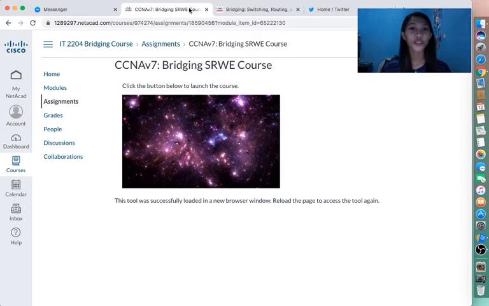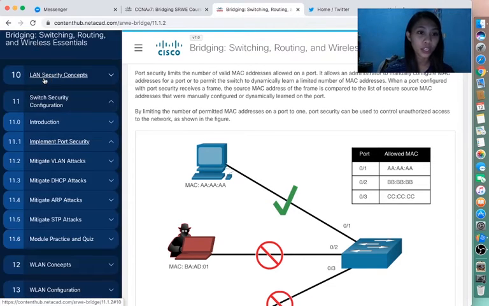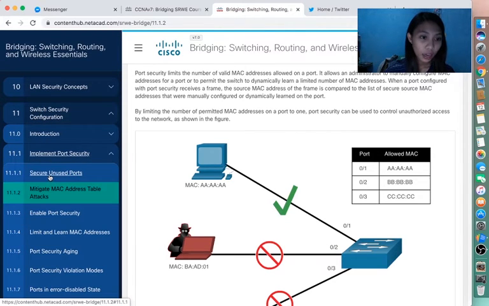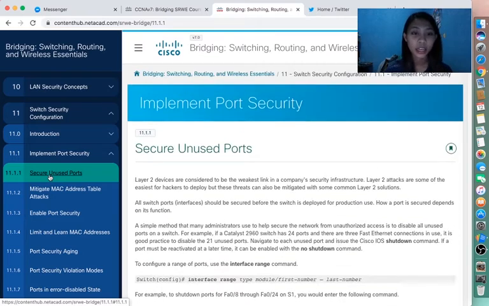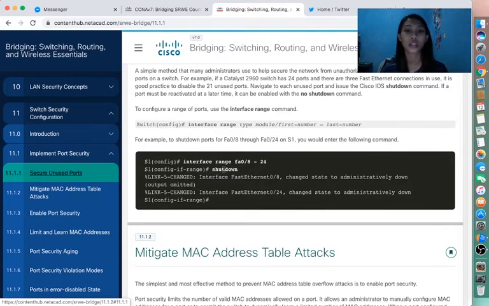Hi everyone, for today's video we are now on our chapter 11, the switch security configuration. So we have here the implement port security and secure unused ports. It is a simple method that many administrators use to help secure the network from unauthorized access